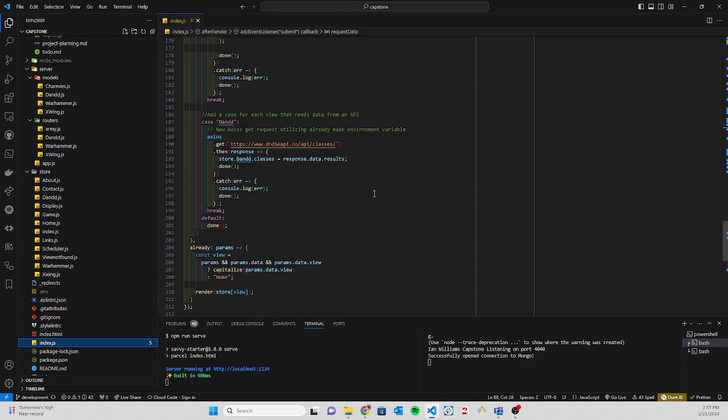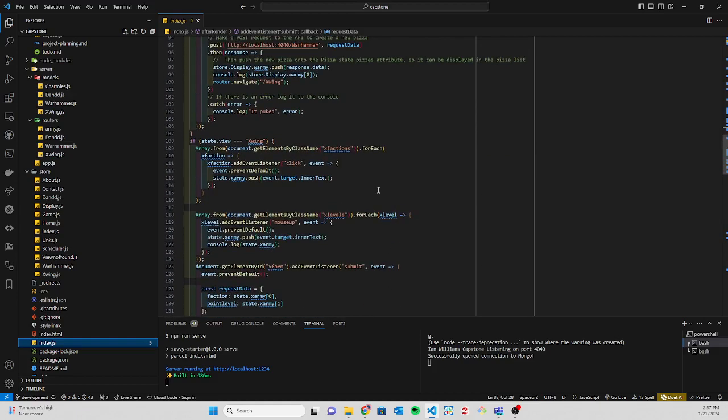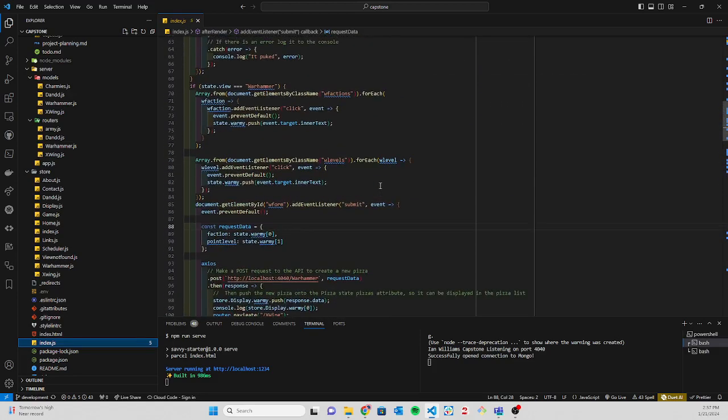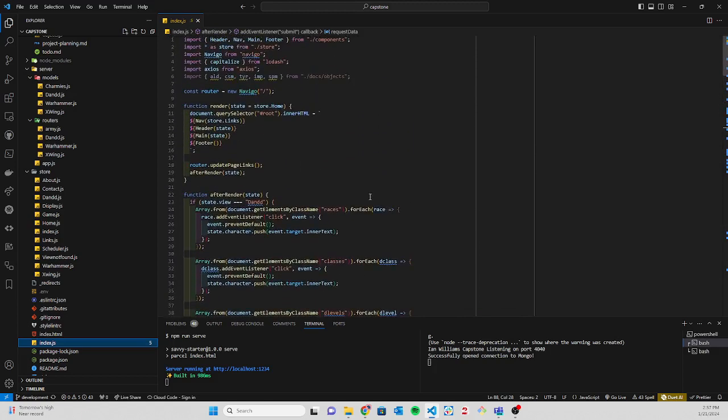I want it to come from a third-party API. So I've implemented that with Dungeons and Dragons. I did not implement that with either Warhammer or with X-Wing for reasons that I'll go over later. Then the question became, how am I going to put this data where it needs to be inside of the